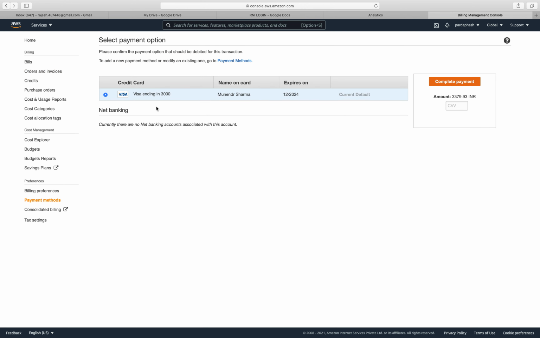Currently I have only one card, that is the default one, so it's showing one row here. But if you have multiple payment options, it will show all of them, and from here you can select the card from which you want to make the transaction. Here you need to put the CVV number, and after that click on complete payment.